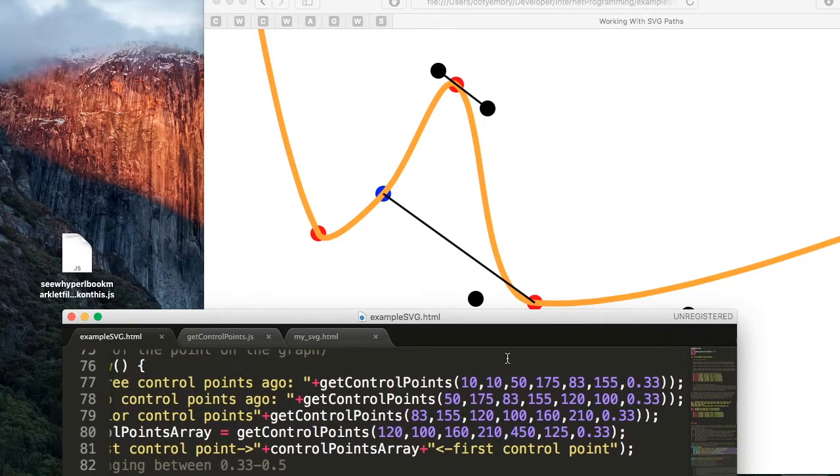So first coordinate is this one, second coordinate is this one, third coordinate is this one. And that's what you would pass in with your scaling factor, how curvy do you want the line to be,